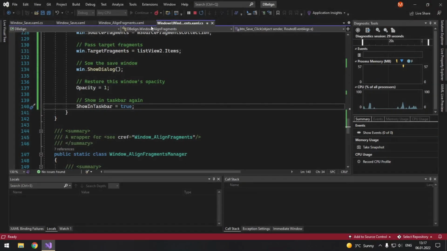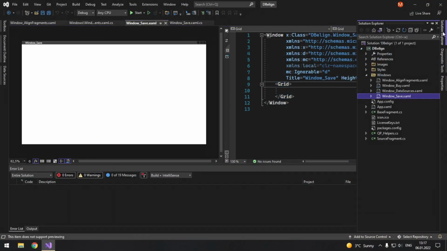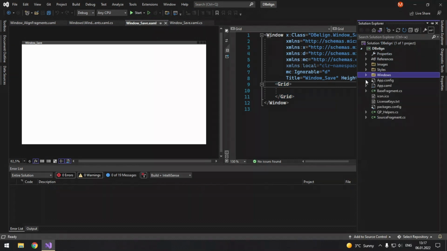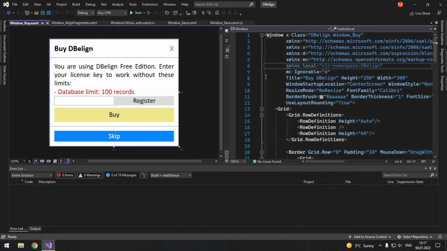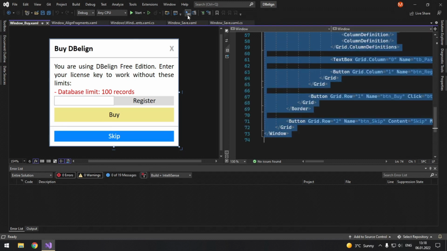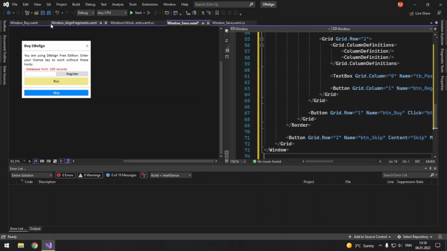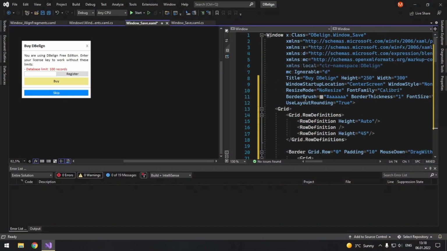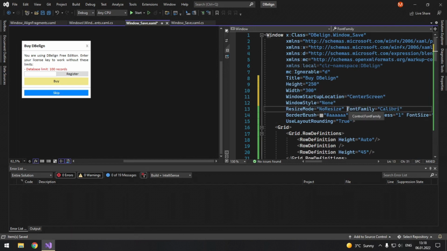Alright, now we actually need to make a markup for our window save. We can go a short and more consistent way and copy the markup from our window Y. So we can copy everything starting from the title up to the end. So title here. Okay, we don't need it anymore. Well, let's start with separating these properties into separate rows.